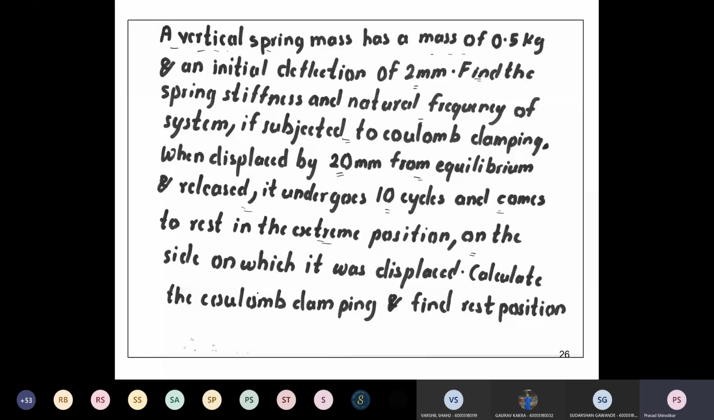So here it was a mass, displaced on the right. This is the mean equilibrium position. Suppose it was displaced on the right hand side, then it comes to rest on the same side. So that means what? The cycle is